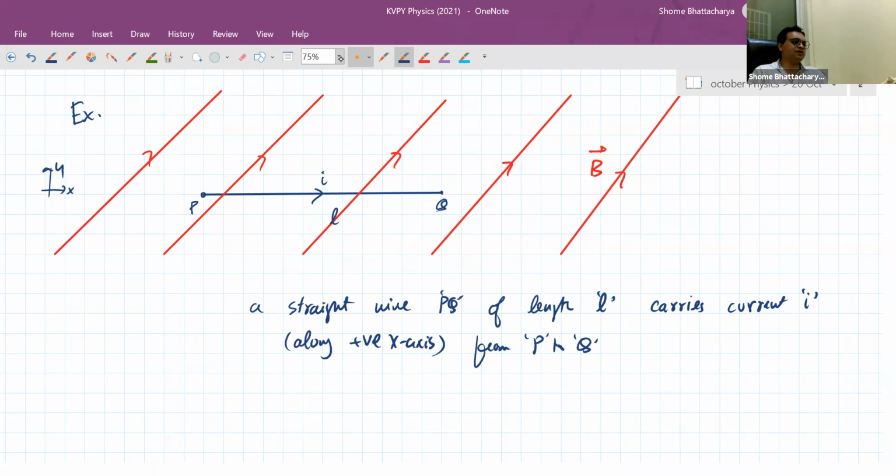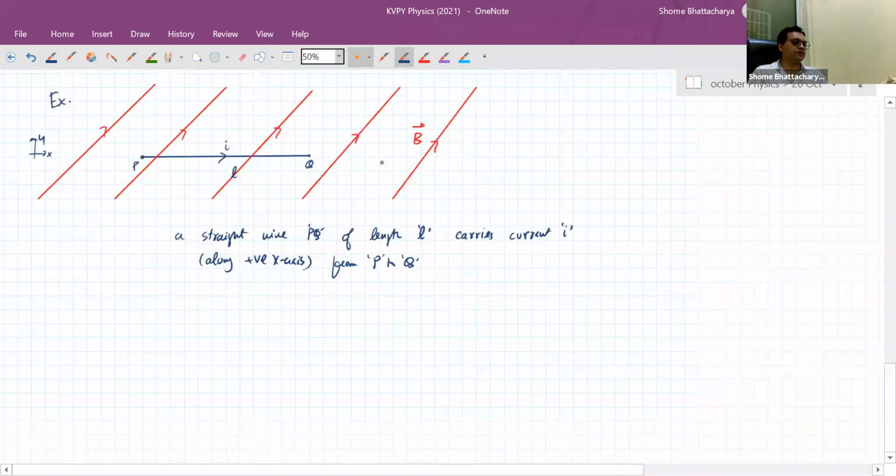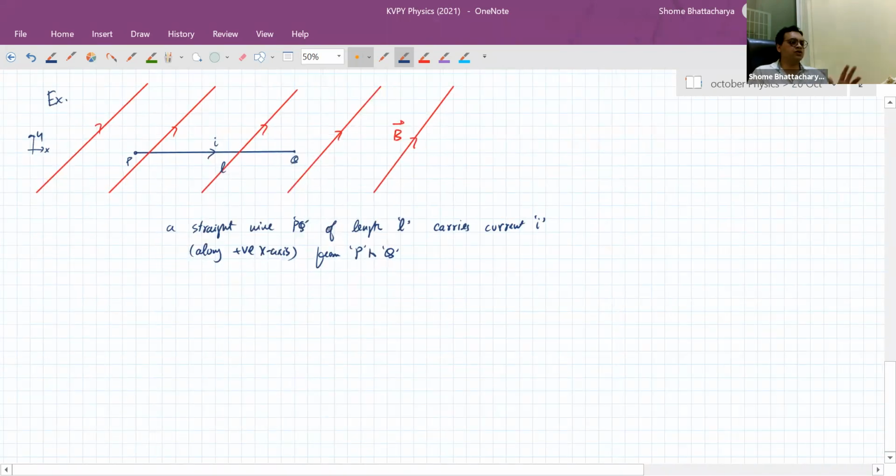Now, this kind of situation can be created in a number of different ways. So right now, it might seem a little strange that there's no closed circuit or whatever, but don't worry about that. We have arranged by some mechanism that current is just flowing from the point P to Q through a conducting straight wire like this. Now this is inside a uniform magnetic field, which is given by the vector 0.6 i cap plus 0.8 j cap. So as you can see, the magnetic field vector lies in the xy plane.